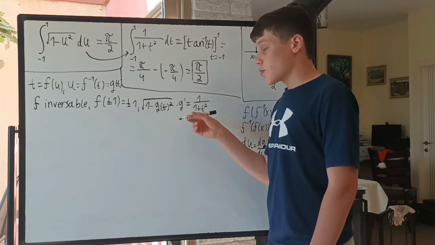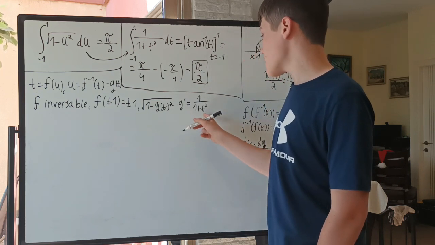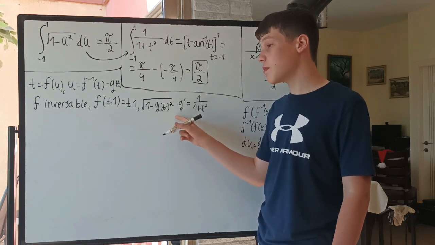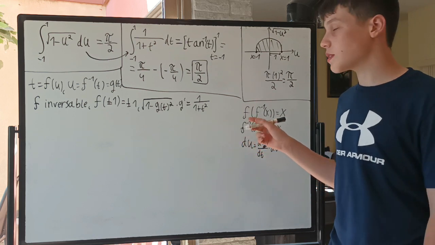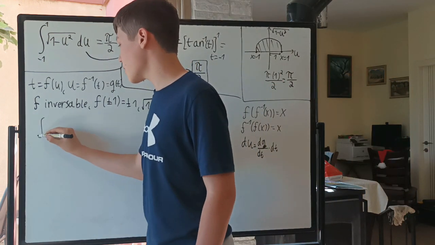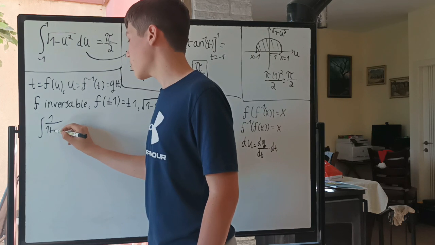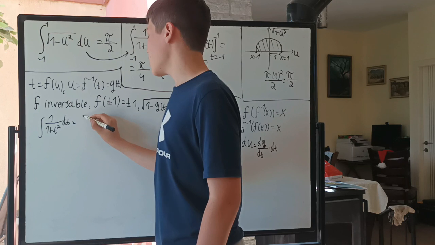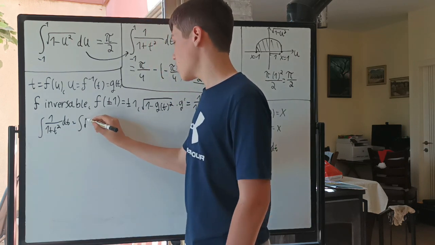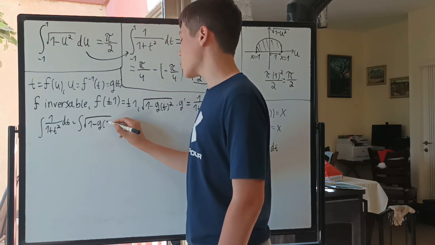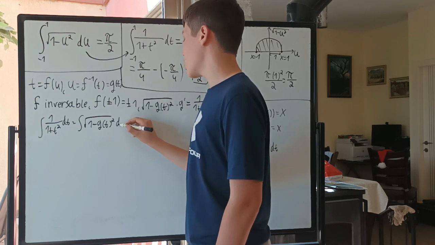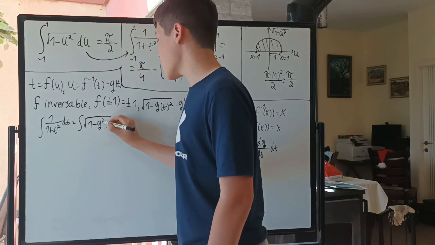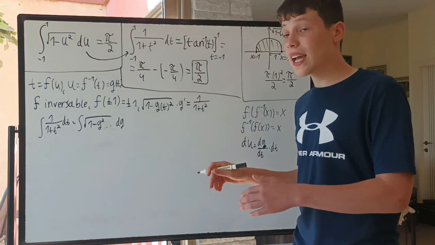So what I'm going to do is integrate both sides here. This integral will be with respect to t. This integral, because we're multiplying by g prime, it will be with respect to g. So we'll have the integral of 1 over 1 plus t squared dt equals the integral of the square root of 1 minus g squared dg. So I'm not going to write g of t squared here, because now in this integral, g is in itself the